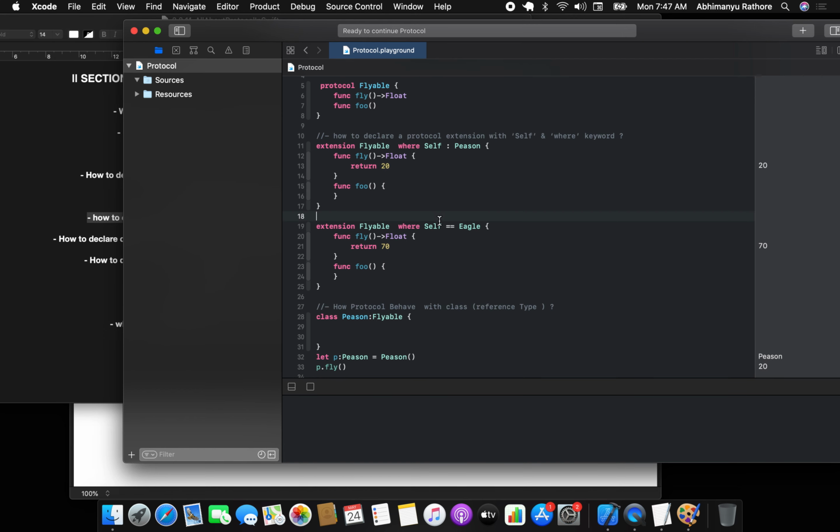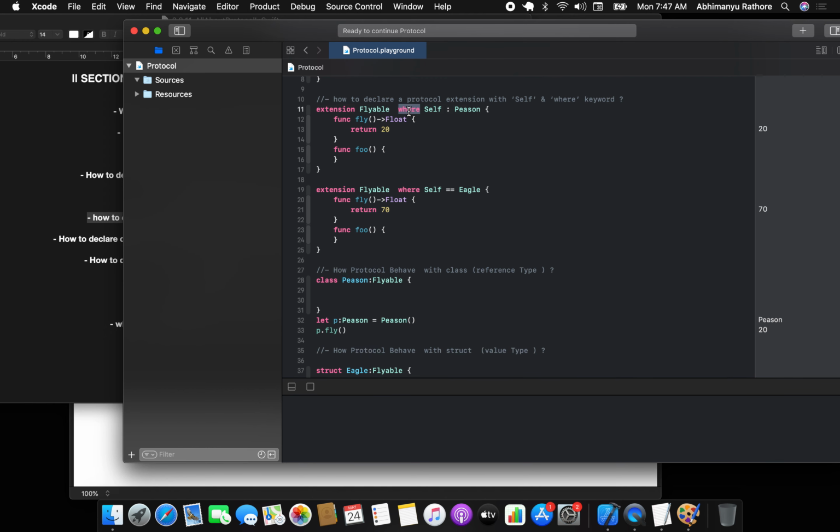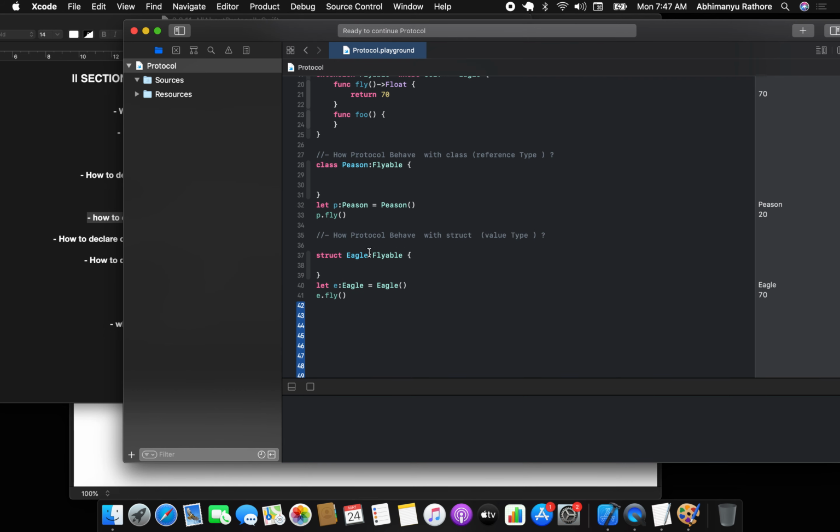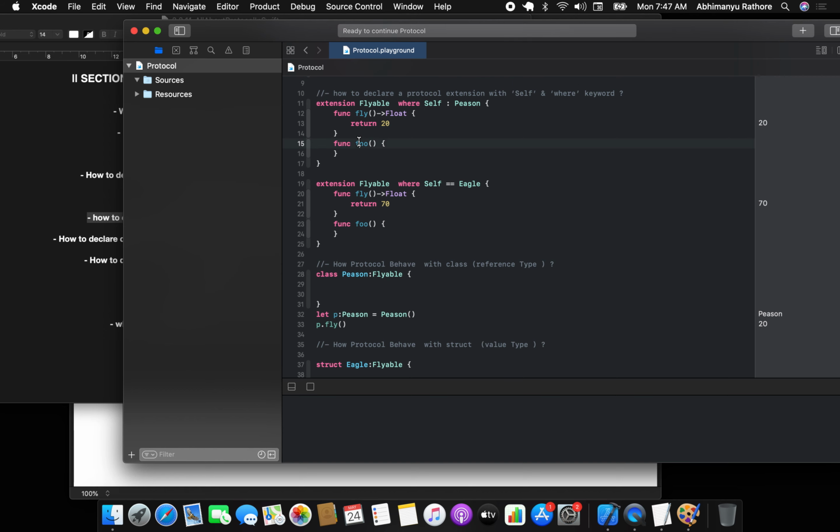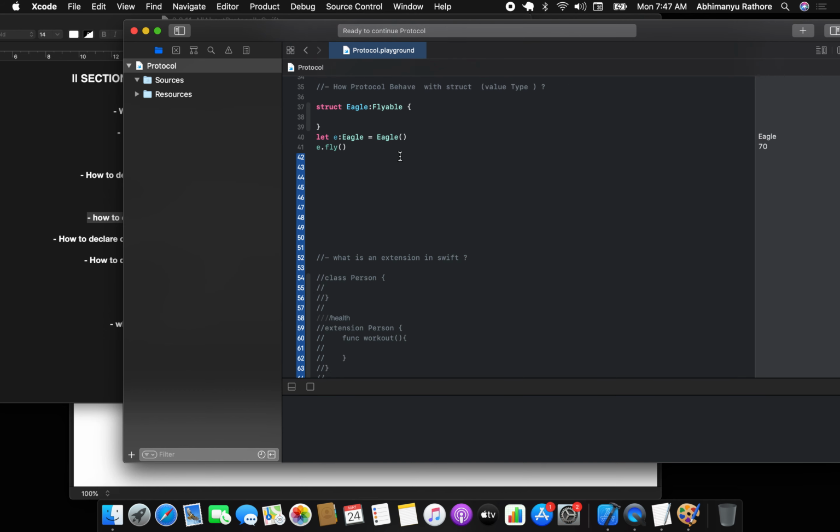In this it will be the equivalent struct, and in this you can just use this symbol and make a where clause for the struct and class both, right? And now you will run this, it will give you the pigeon 20 and eagle 70 result, right? So it is perfectly fine. So hope you understood this